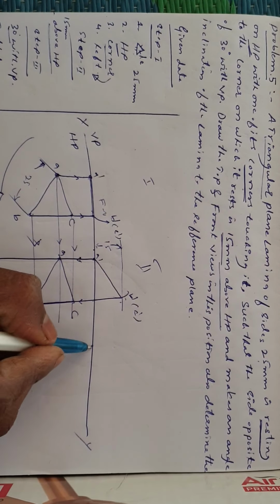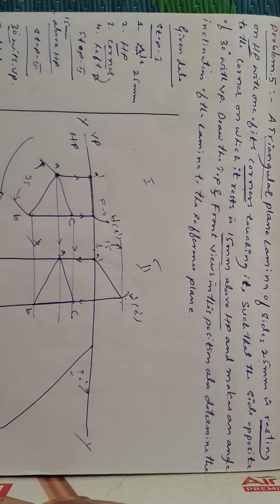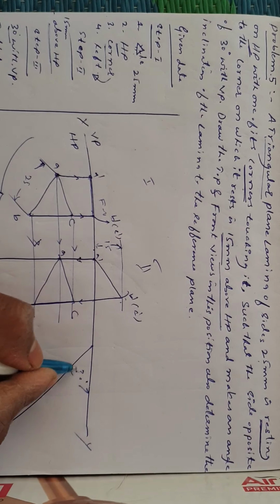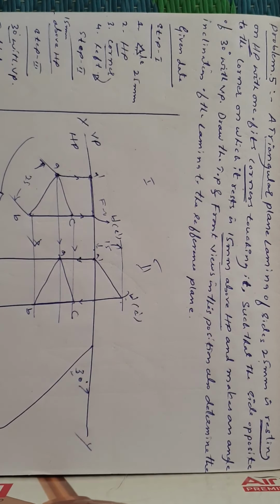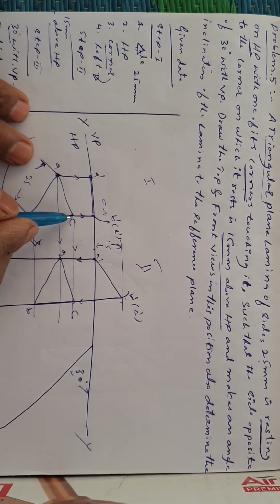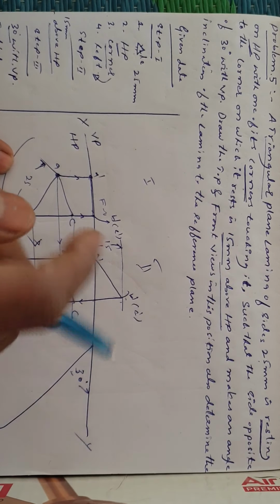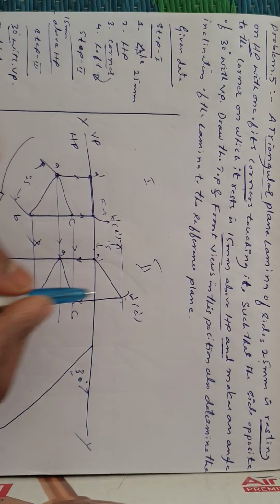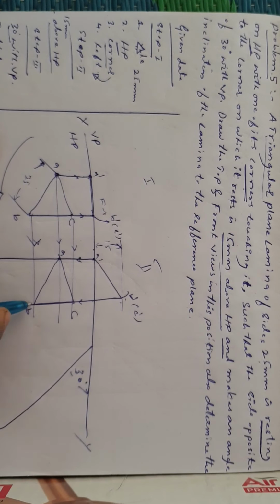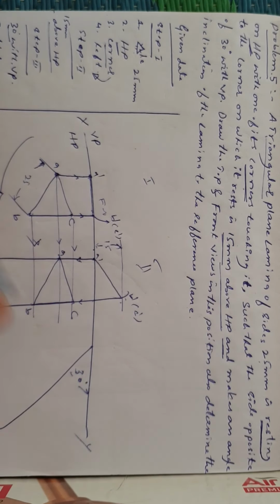Mark a point and get the 30 degree VP line. Now you know here he's talking about a side, the opposite side, which is 15 mm above HP, and he's talking about the same side. And this opposite side should be exactly inclined to the given VP line. So this is the simple method.